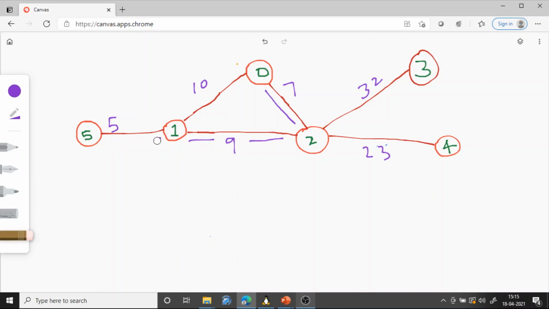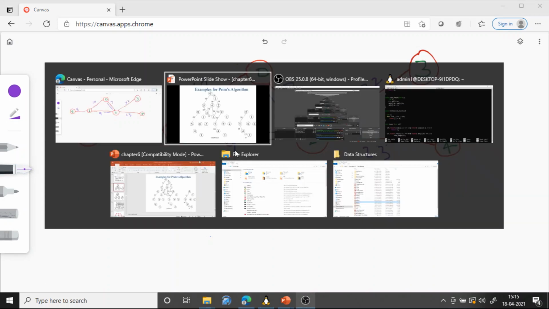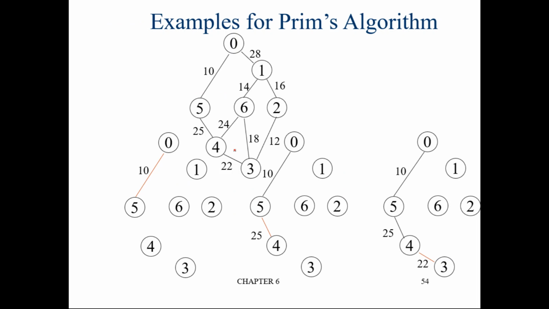So now let us discuss, with more clarity, how it actually works for all the cases. That's the objective of this video. Let me briefly explain the algorithm. We will be maintaining two lists.